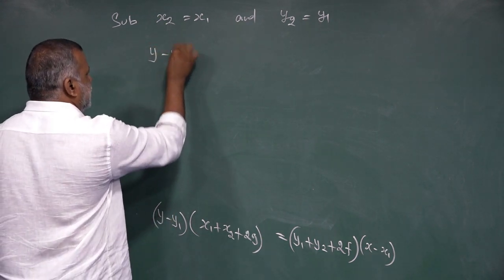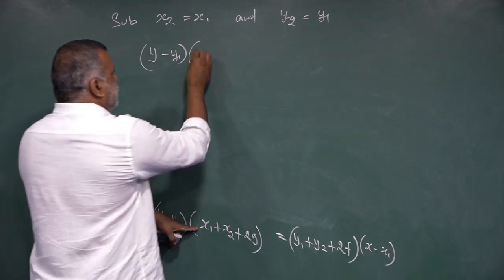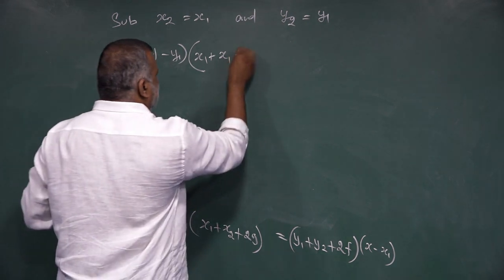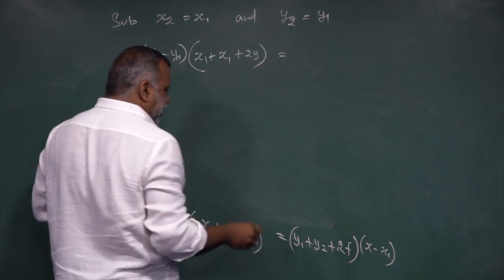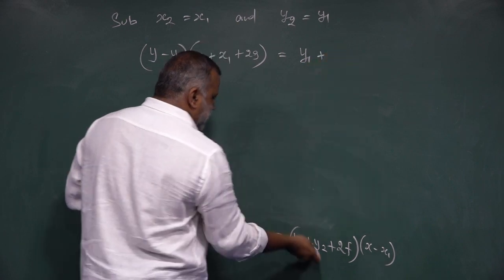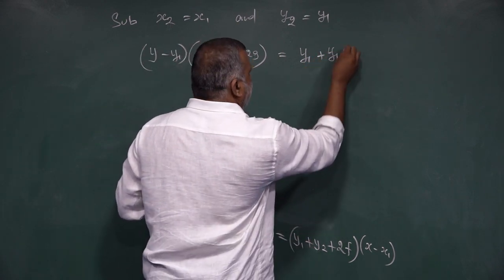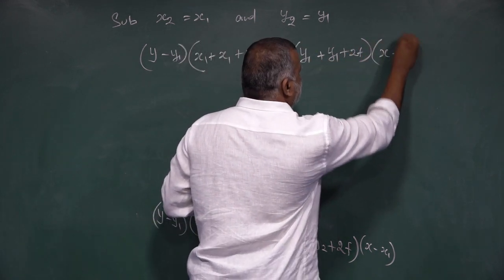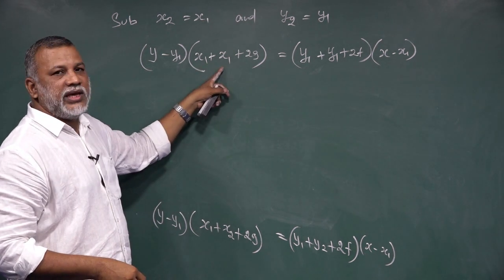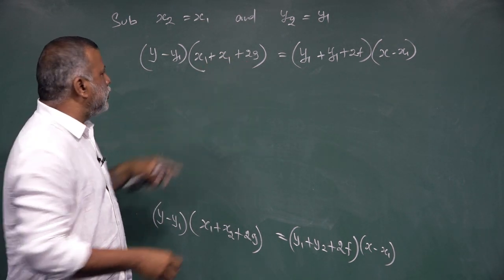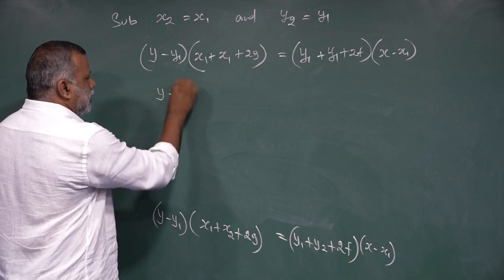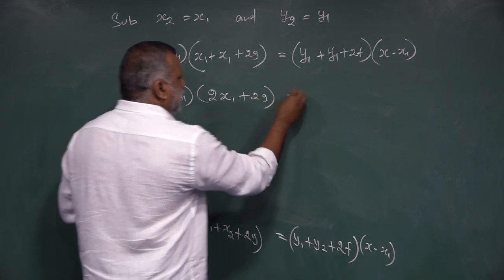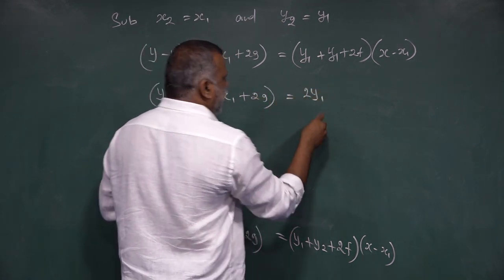Now listen, y minus y1 of, see here, x1. Again one more x2 is here, replace x1 plus 2g. In the same way on the RHS, y1 plus this y2 is replaced by y1, again plus 2f, again x minus x1, x minus x1. Here x1 again adding with x1, we can get 2x1, already 2g. Therefore y minus y1 of 2x1 plus 2g is equal to here 2y1 plus 2f,